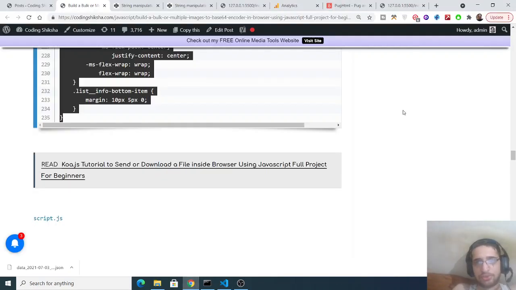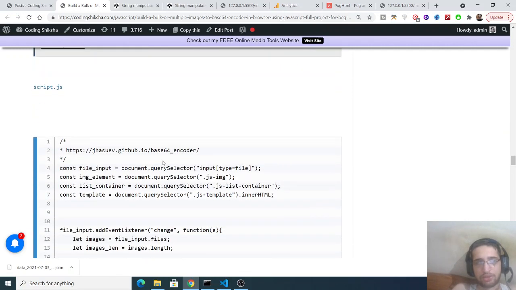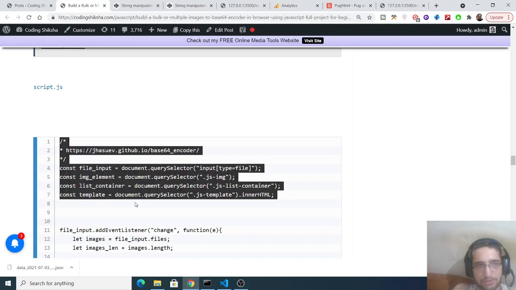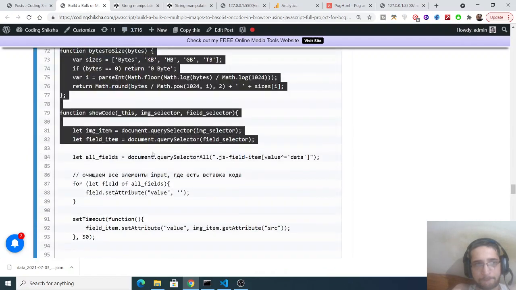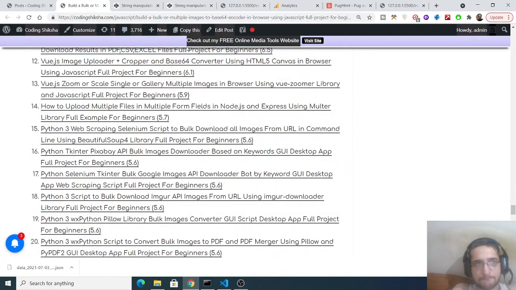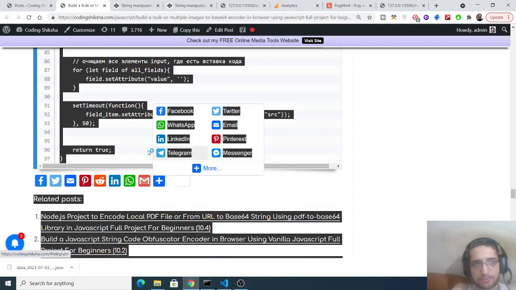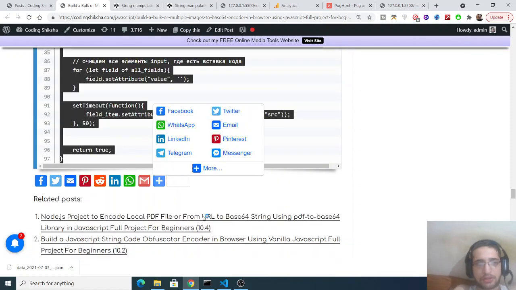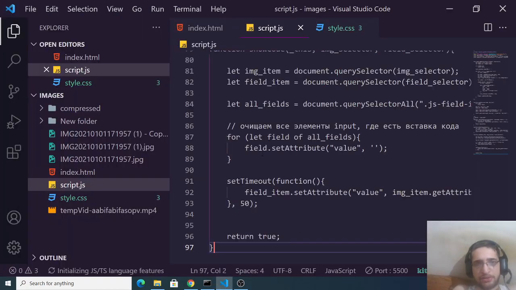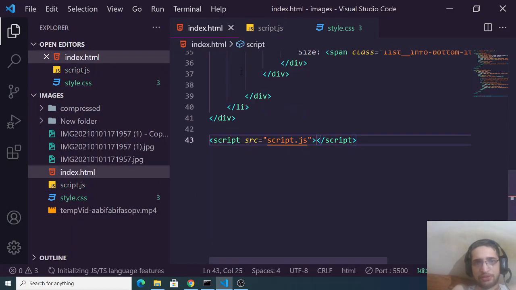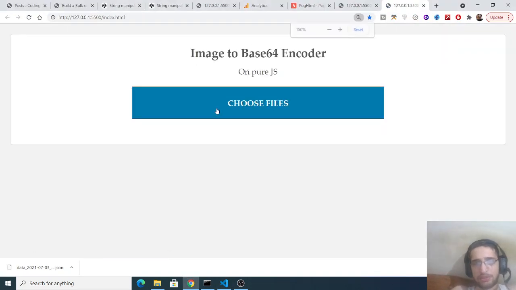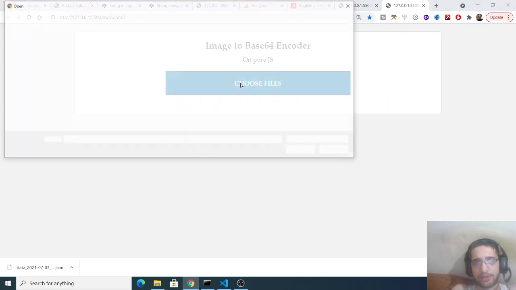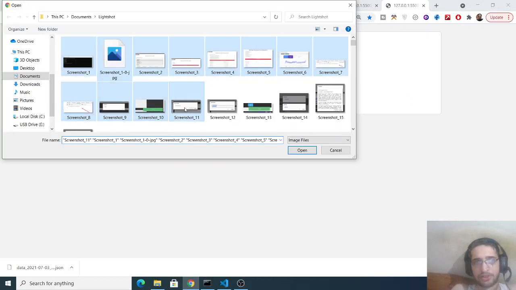And now simply scroll down, and you need to copy paste this code here. So copy this code, Control C and paste it here. So now you will see the application is complete. If I again open with Live Server, you will see this is the interface, choose files. If you click this button and now choose any file here,